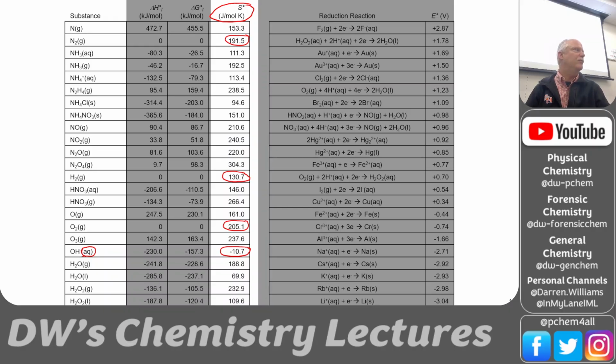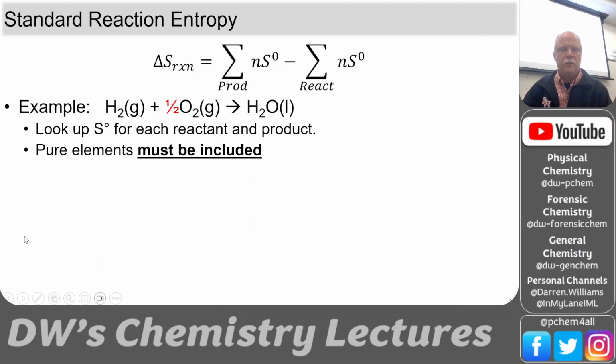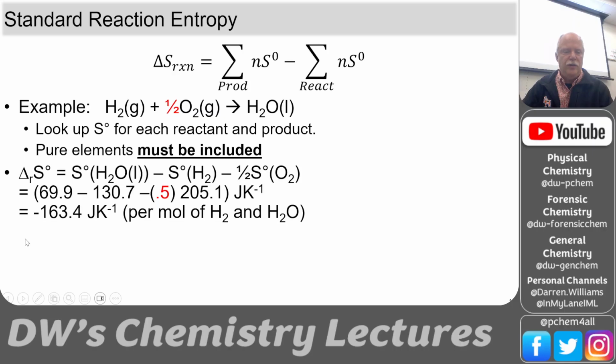So that's a little weird, but with our definitions of these standard values, many aqueous solutions will have a negative entropy when you form them as 1 molar solutions at room temperature and 1 atmosphere. So don't be bothered by that. It's just what's in the table. Okay, and so we could do that. We'd look those values up. We have to include the number of moles, and so we take that oxygen value and we multiply by 1/2.